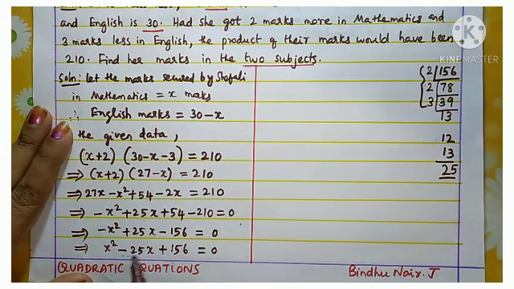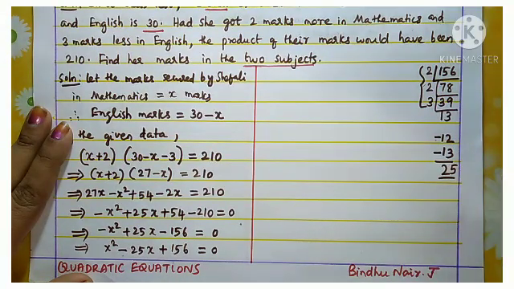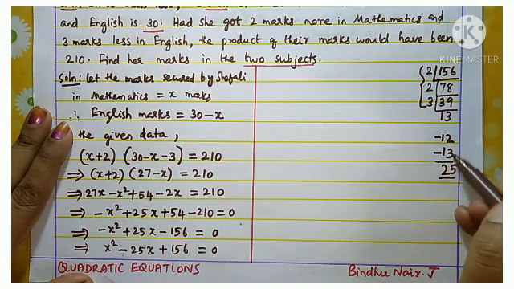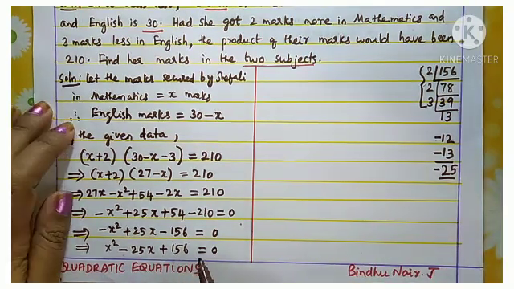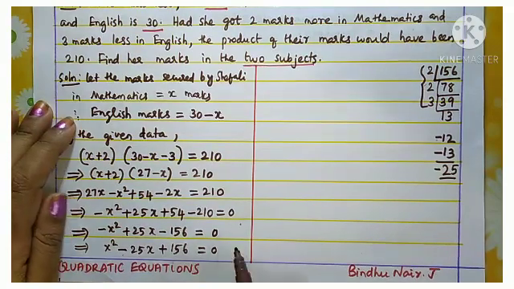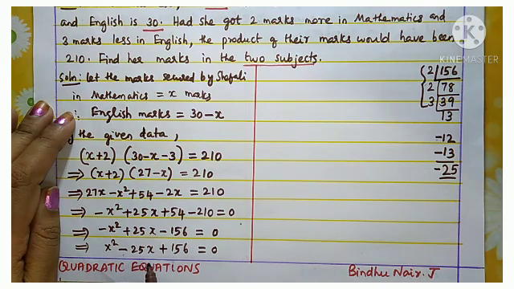If we want the sum minus 25, we should adjust the sign like this: minus 12 and minus 13. The sum is minus 25, and when you multiply these two numbers, the product is 156. You learned in an earlier class that when the coefficient of x square is equal to 1, we can write the factors directly, without doing the regrouping steps or anything. So I am going to write like that.